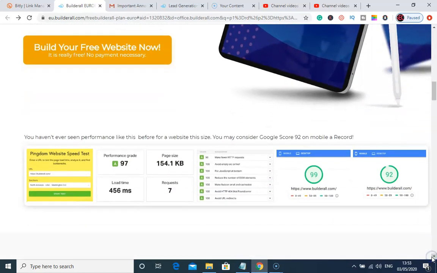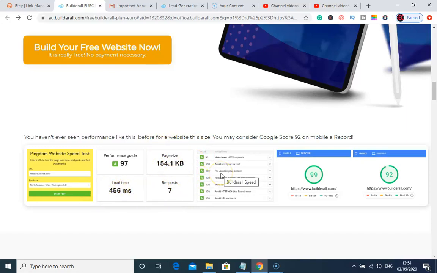When you scroll down, you can see the features that come with it. There is what they call the Pigeon website speed test. It is compatible with Google. This is what Google uses. These guys have scored 99% and 92% on each test. What this means is any website you build with this platform is going to be super fast, and ranking performance is going to be very quick on Google. You can see this test result here is performing 97%. Page size, with this big page size, of course yours is not going to be this big as a new website. Loading time